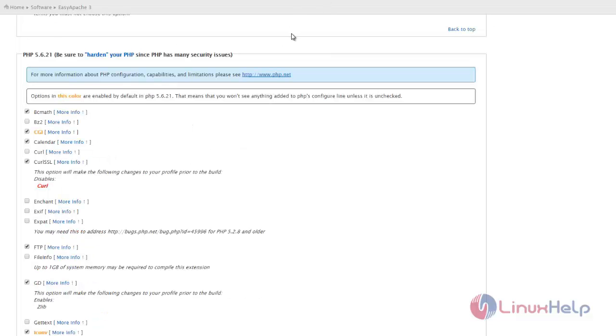So the next category we go for specific modules for PHP. In the title itself you can see that PHP has many security issues. So to overcome the security issues, we are going to tighten our security by enabling these modules. So here I have enabled this BC math module. This module is for mathematical functions, and CJ module is for enabling the CJ scripts, and some modules will be